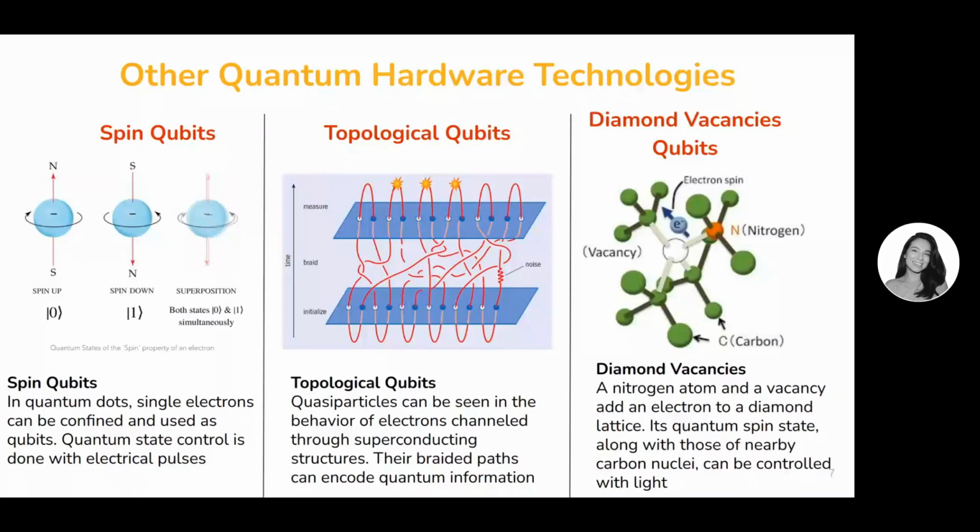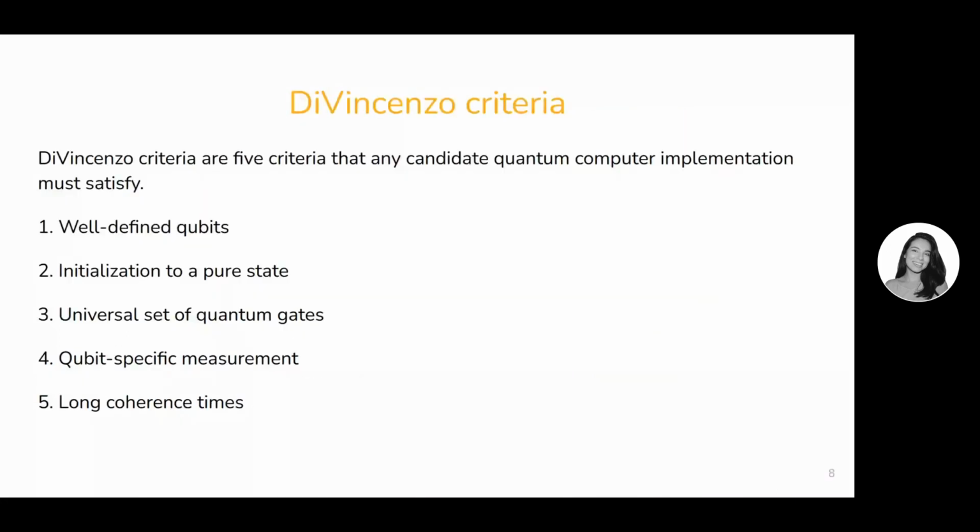I understand that hardware technologies are not very easy to understand, but of course, there are a lot of resources to learn more about quantum hardware technologies. So no matter what the technology is, and there are a lot, actually, not just the 5 that I have mentioned, we have to choose these technologies based on what we call the DiVincenzo criteria, which are 5 criteria that would decide whether a technology is a good candidate to create quantum bits and eventually quantum computers or not. These 5 criteria are: